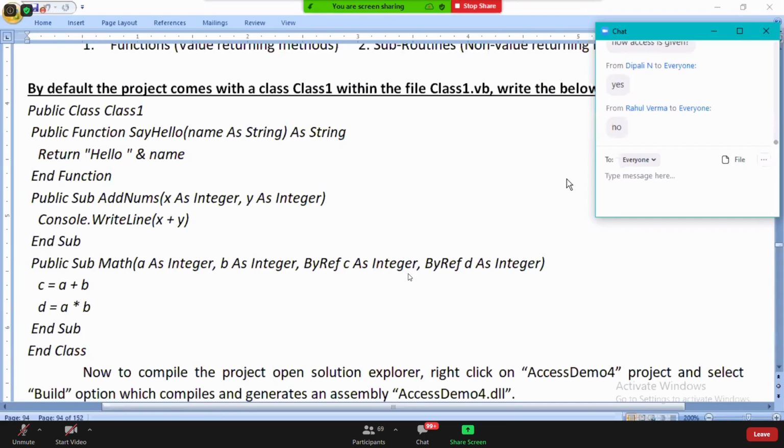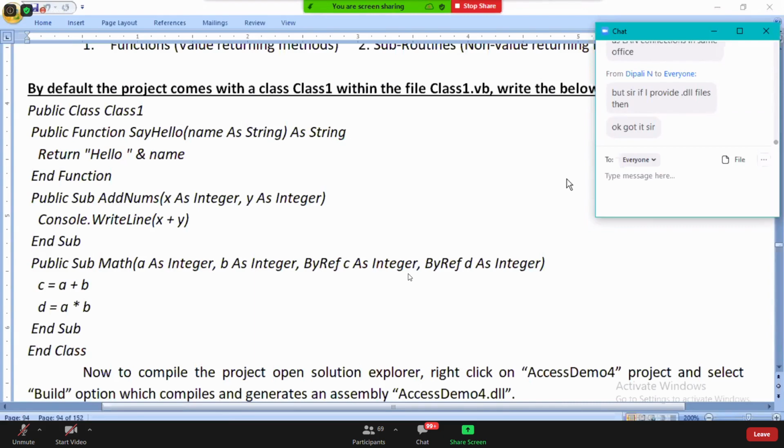If you and I are connected in a network, then you can. In a company, you and I are working, with a LAN connection in an office. You can send the DLL in a mail. They can download, copy it, and use it. That's all. If you send me your DLL in a mail, I can add a reference and consume. That's it.